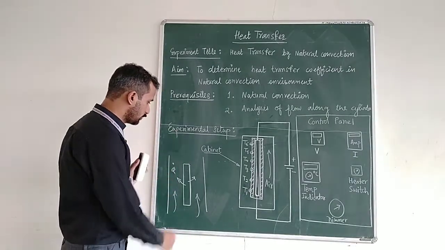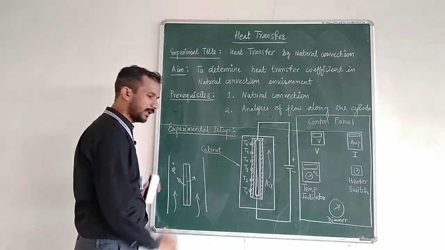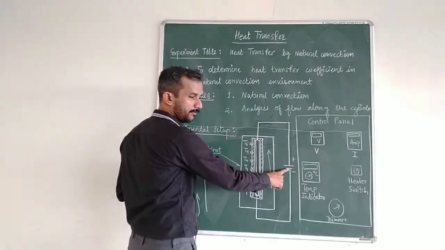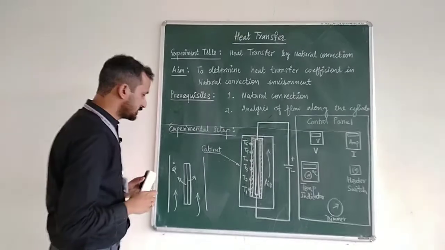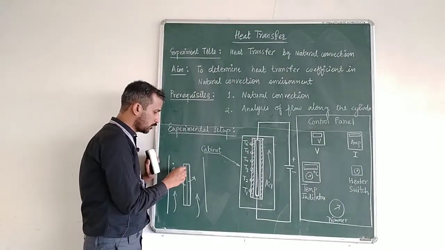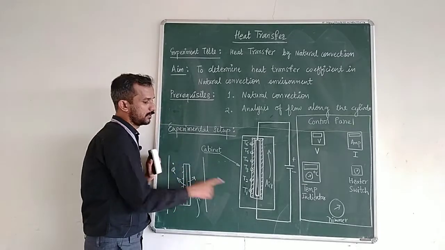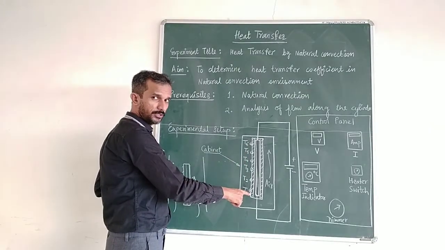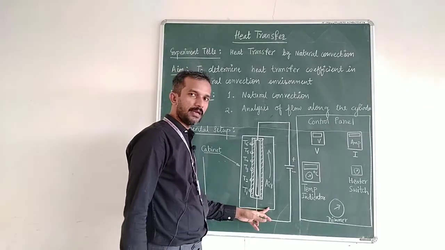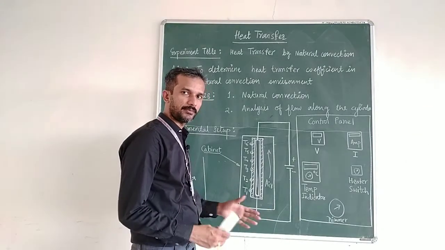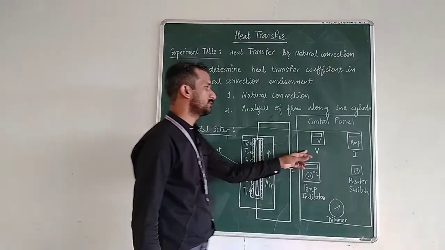Now, to produce the heat, at the center there is a heater. So this is the simple arrangement. For the heater there is a power supply given, to which a dimmerstat and a voltmeter and ammeter are connected. To measure the temperatures, there are 6 thermocouples on the surface of the tube: 1, 2, 3, 4, 5, 6. So 6 thermocouples are mounted on the surface of the tube to measure the surface temperature, and one more extra thermocouple is left in the ambient to measure the atmospheric air temperature. So we'll get the surface temperature, ambient temperature, and voltage and current readings.